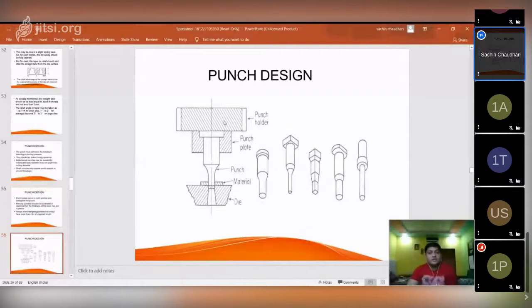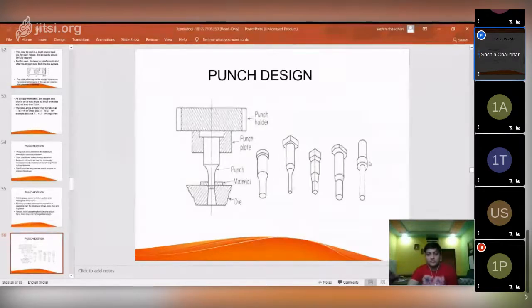First of all, see the assembly of punch. This is punch holder, punch plate. Okay, punch. So different types of flanges are given. दिसतंय तुम्हाला? This circular flange, rectangular, square, some oval shaped flange is given, some circular.